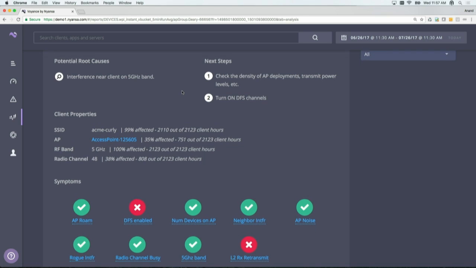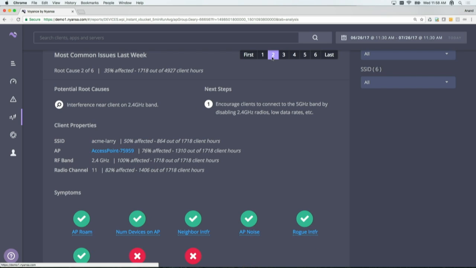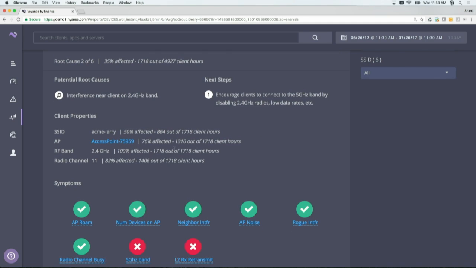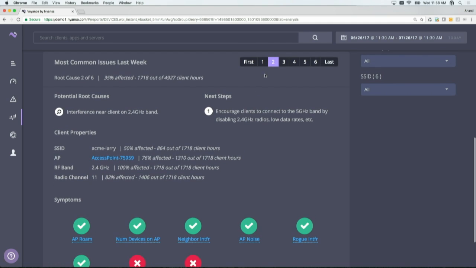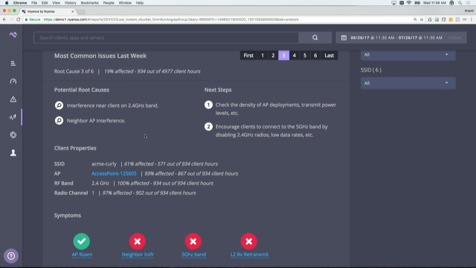So we say, okay, for 43% of the problem in this library, the root cause is interference near the client on 5 gigahertz, right? The second most common root cause, because this other symptom, 2.4 gigahertz, shows up, affecting 35% of the problem, is interference on 2.4 gigahertz. And the third most common problem, affecting 19%, is co-channel interference on 2.4 gigahertz, because this additional symptom of these guys are on 2.4, and at the same time these guys were having problems, we detected that the APs that they were on saw other APs on the same channel